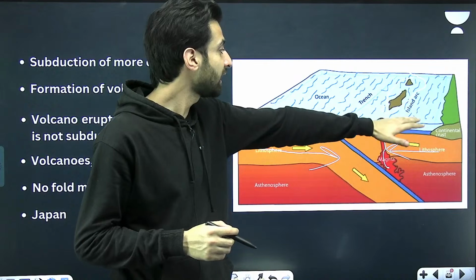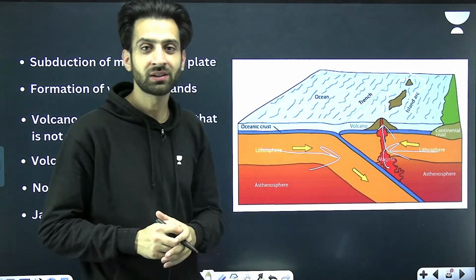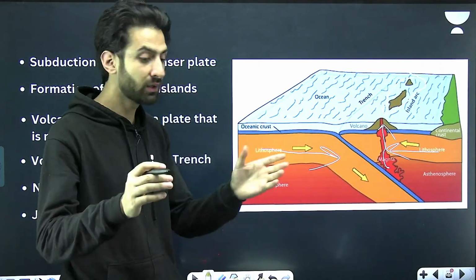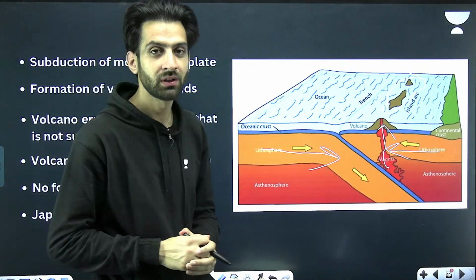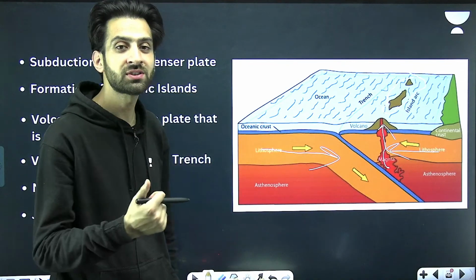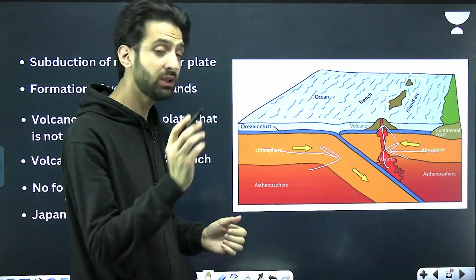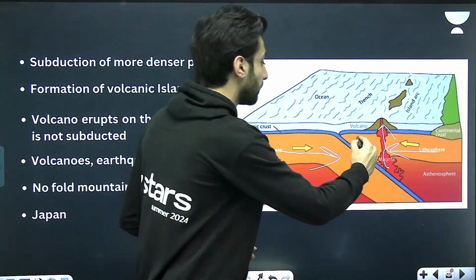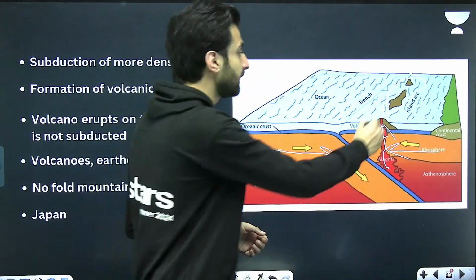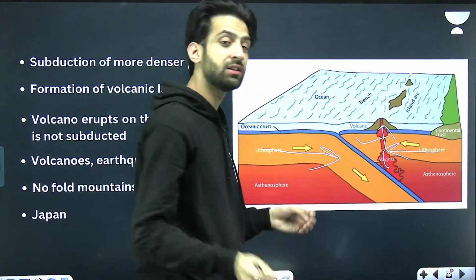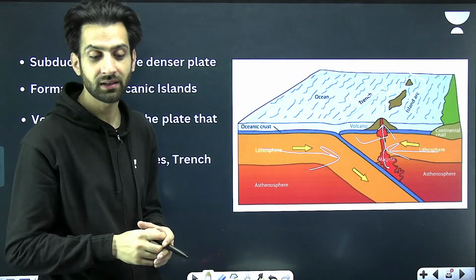And then you will find island arcs present here. Is it clear? Everything good? If you have any question, you can ask me in the comments. These are the features that are associated with the ocean convergence. So what you find here is the volcano, correct? Island arcs, trenches, and earthquakes. What you will not find here is